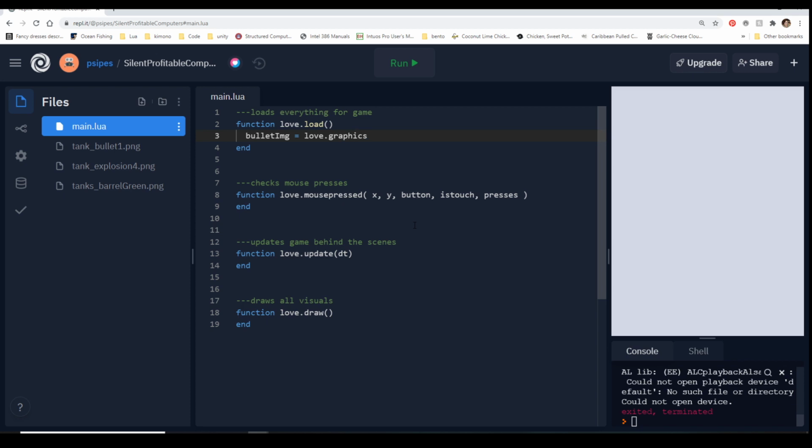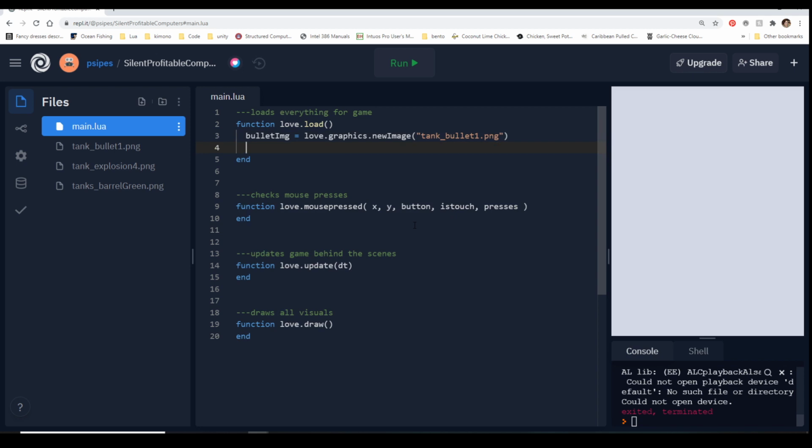So love.graphics, because we need to get the graphics portion of Love. And what do we want to do? We want to add a new image. And then we just have to tell it what the name of the new image is. So we can say tank_bullet1, and remember, you have to have your extension.